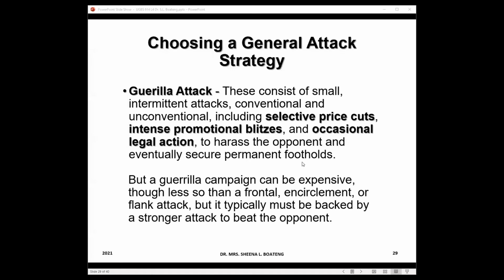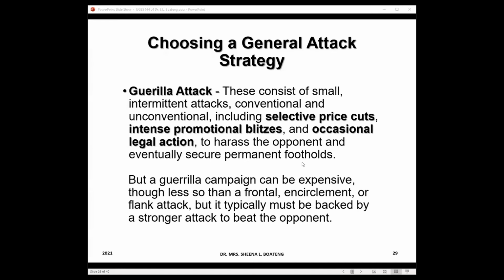You are staying in the same sector and in the same line of business, but you are using selective strategies by way of intermittent attacks to see if you can gain an edge in the marketplace. And like we just saw, you can do this through selective price cuts or using intensive promotion or sometimes using actual legal action to harass your opponent and get them to go off balance so that you can secure your position,